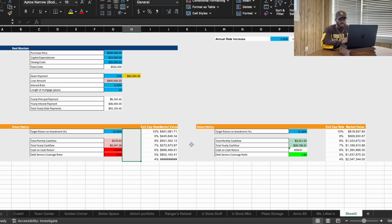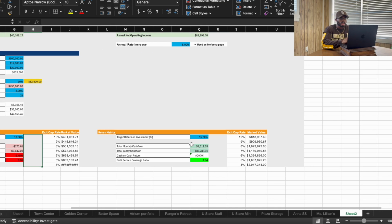And then the last piece that I want to touch on in the underwriting is going to be your return metrics, right? When you're finally stabilized and everything looks good, that process may take 3 to 6 months to stabilize. But once you're finally done and you have what you want, the investment is paid off, as you can see, because now you're cash flowing when you get all of those numbers up to where you want. You're now cash flowing $3,000 every month. You're doing really good, making roughly $40,000 a year,